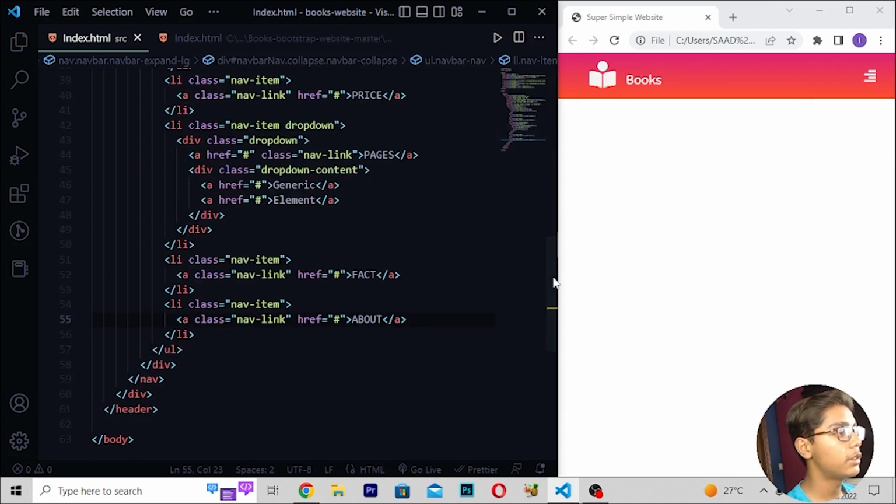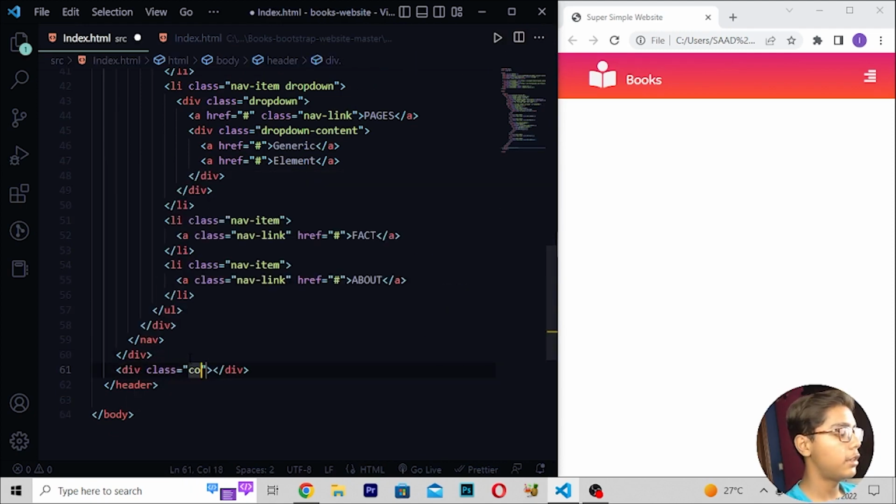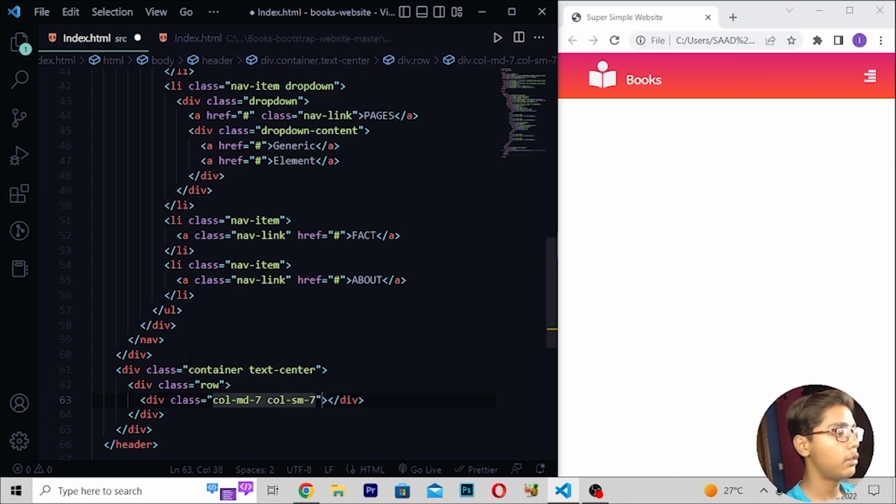Now when you are getting all this thing, here I will be doing it again like this. Now here you have to just move under the div which we have created. Then right here div class, and right here container text. Then here I will be writing center. Then you have to write here div class, and then right here row. Now when you've written this, I will be now writing here div class. Then I will be writing here col md 7. Then right here col sm 7, or you can say 12. Right here text white. Then when you've written this, I will be writing h6.